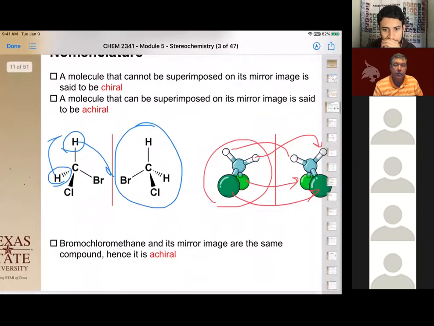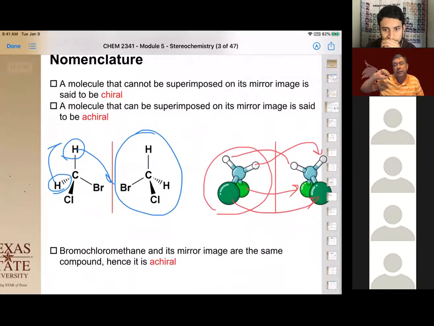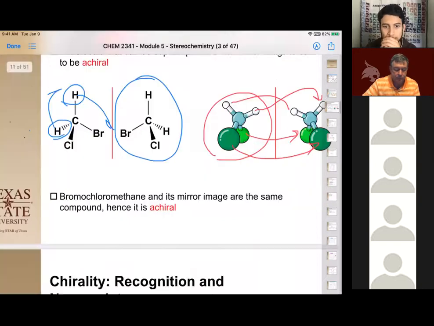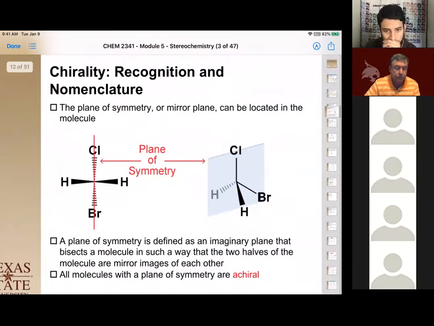Okay, so that shows you the definitely 2 definitions for chirality. 4 different things, mirror image that's non-superimposable. Okay. So now we need to think about some other things associated with